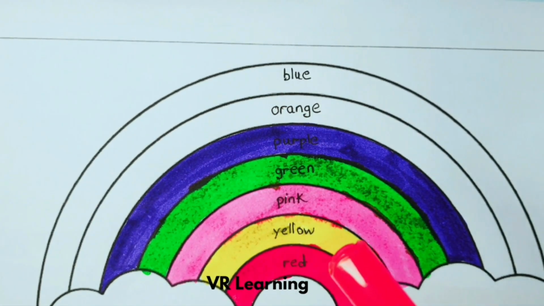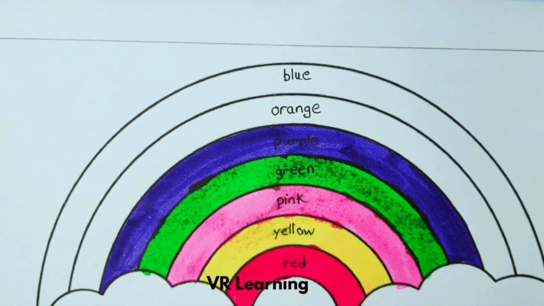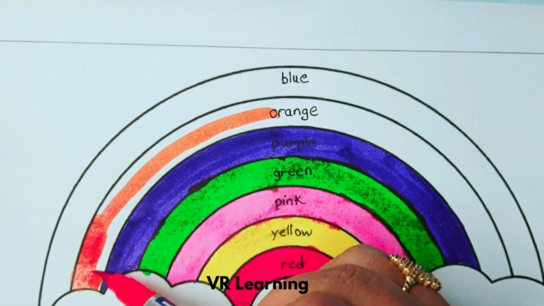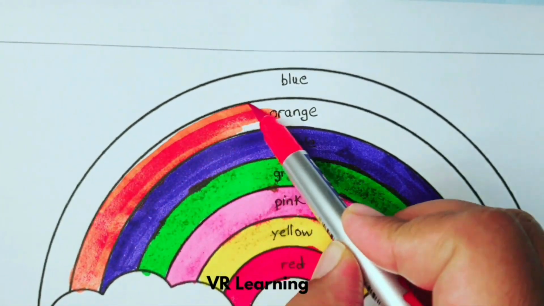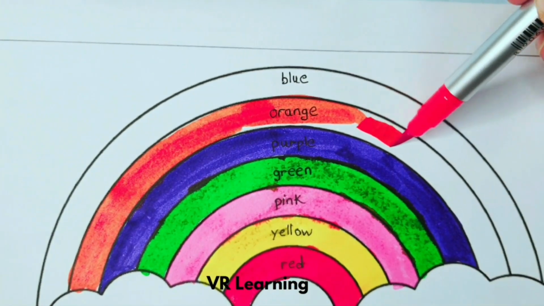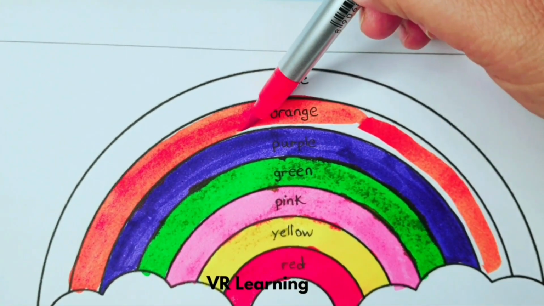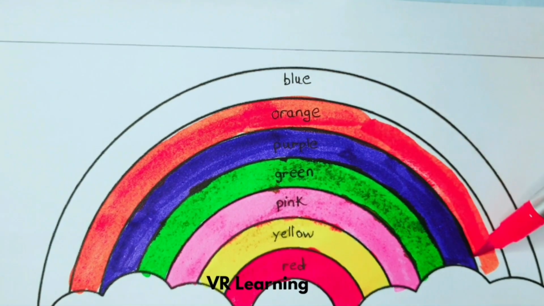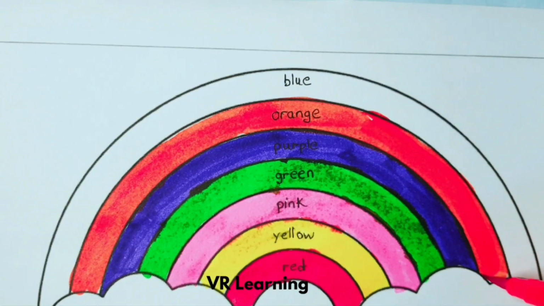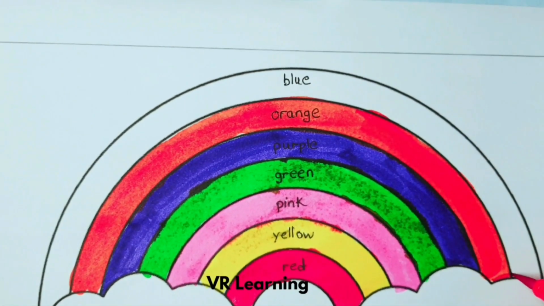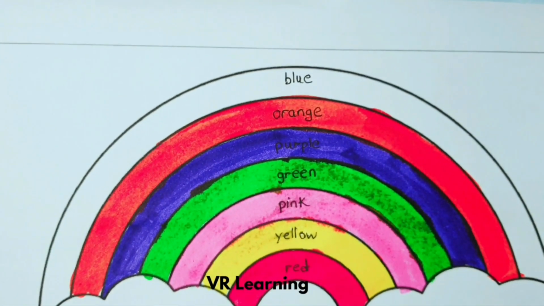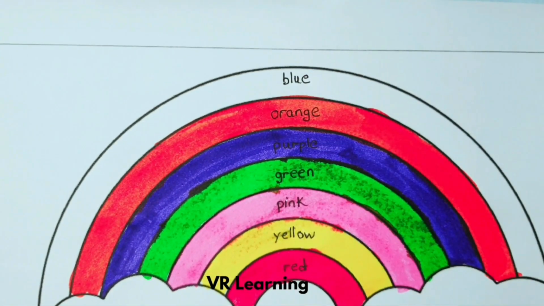Orange, O-R-A-N-G-E, orange color. Let's color the rainbow in orange color. Orange color. Blue,